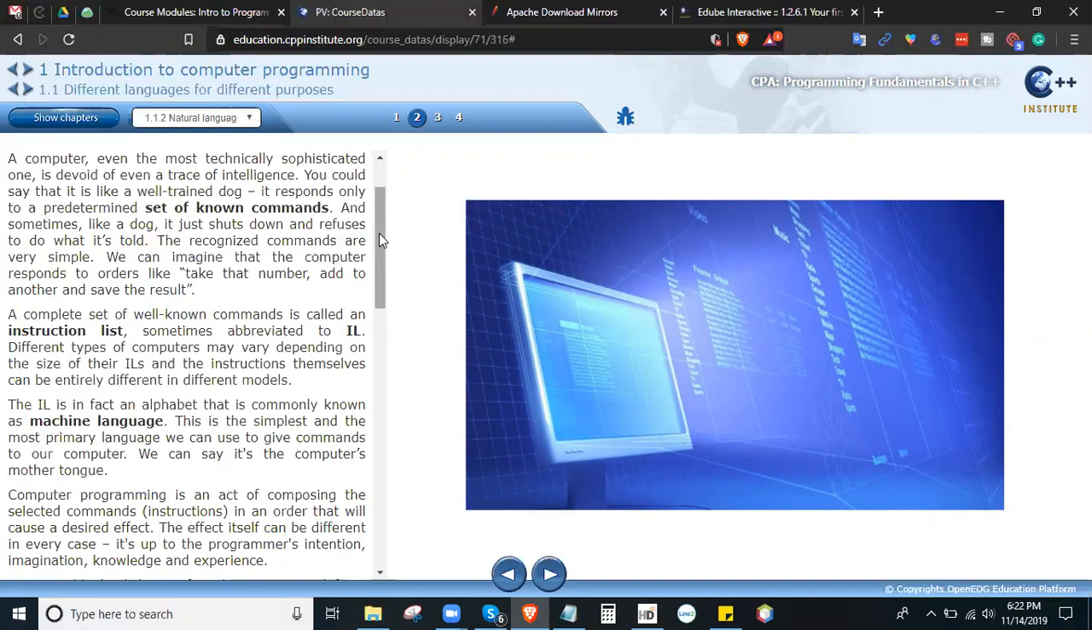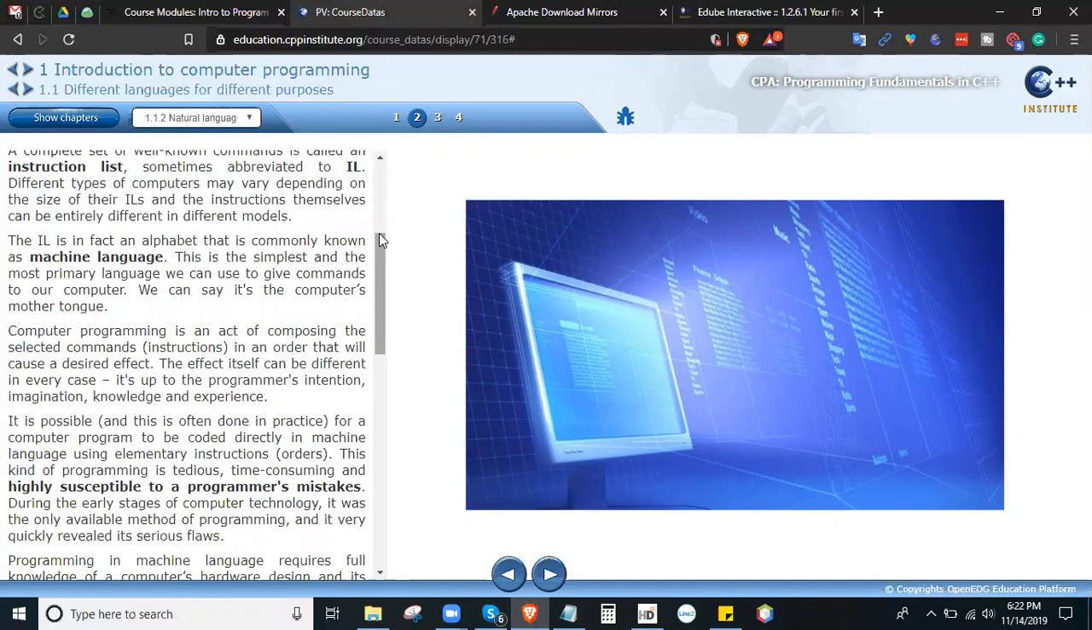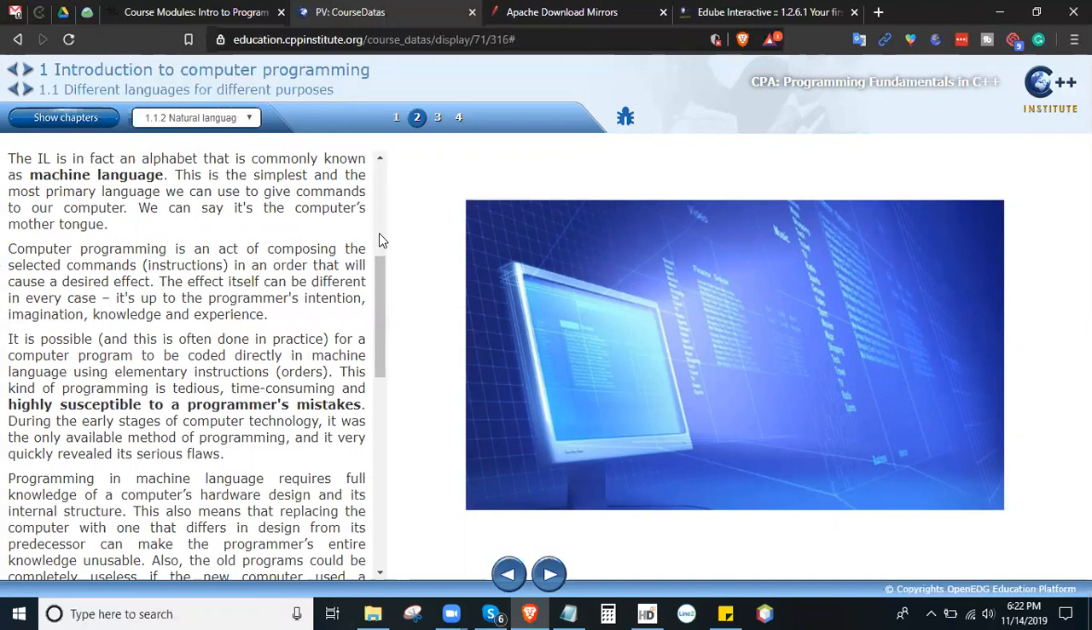This is the simplest and the most primary language we can use to give commands to our computer. We can say it's the computer's mother tongue. Computer programming is an act of composing the selected commands or instructions in an order that will cause a desired effect. The desired effect itself can be different in every case. It is up to the programmer's intention, imagination, knowledge,